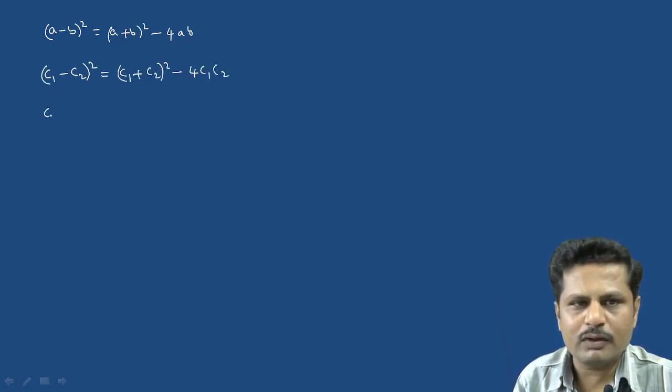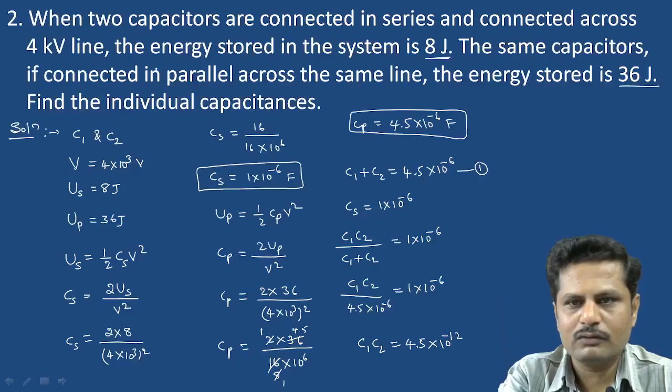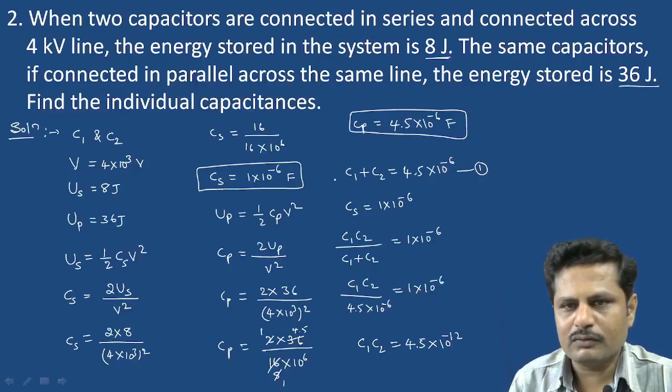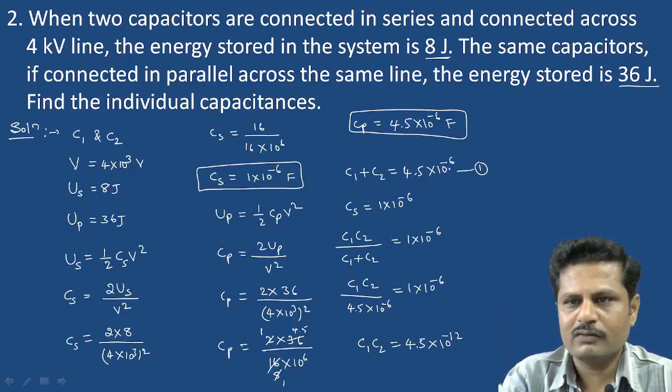Now on substituting the values, C1 minus C2 whole square equals, just now we found C1 plus C2 is 4.5 into 10 raised to minus 6,